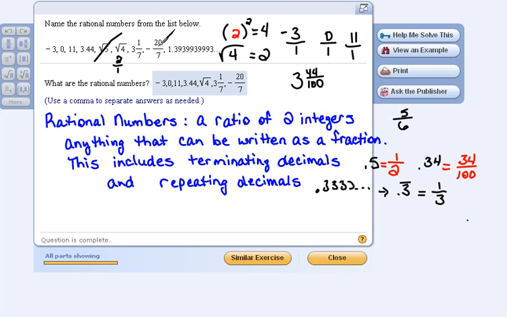Now, the next two are rational. They look like fractions. But the last one here, this may look like a repeating decimal, but it is not. It repeats, yes, but not in a specific pattern. In order for this to be a truly repeating decimal, it would have to be 3939393939. It has to be repeating in the same